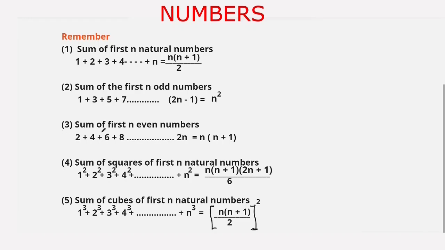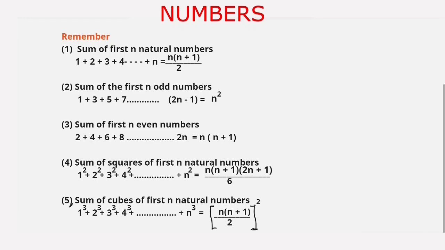The third sequence is sum of first n even numbers, 2 plus 4 plus 6 plus 8 up to 2n equal to n into n plus 1. The fourth one is sum of squares of first n natural numbers, that is 1 square plus 2 square plus 3 square plus 4 square up to n square equal to n into n plus 1 into 2n plus 1